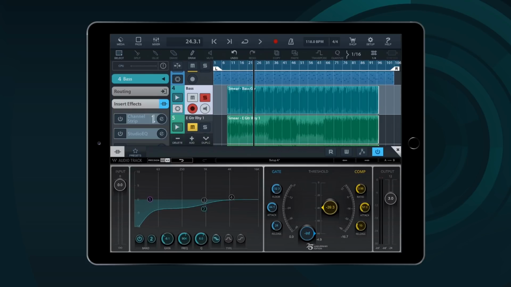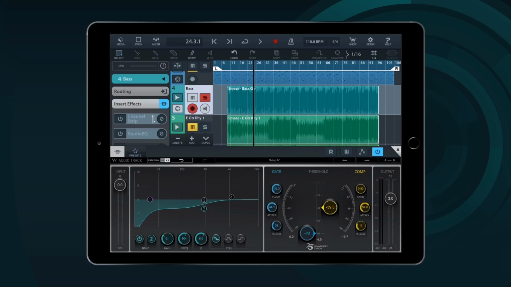And to do so, please have a look at the ratio. Now, you all know positive ratio values that you find on most compressors, but this one also goes to values below 1, up to 0.5 of a ratio, which is the same as a ratio of 1 to 2. What this means is that, for example, if the signal goes 1 dB above the threshold that you set at the input of the compressor, then on the output it will be 2 dB above the threshold.